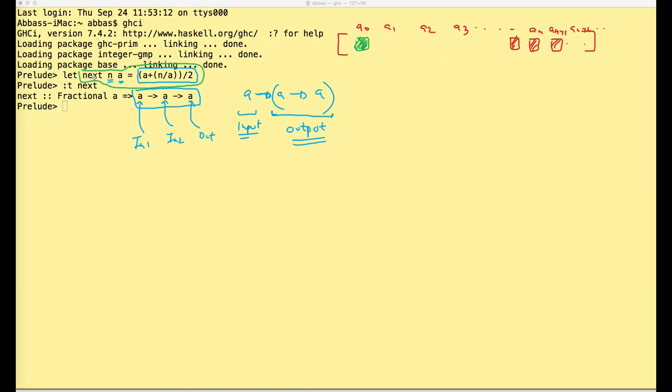Okay, so what does the function do here? It says next n of a. So what was the previous a? Remember this a over here. This a is the previous a that I had, the previous solution, the previous approximation that I had here, and then this entire piece in blue